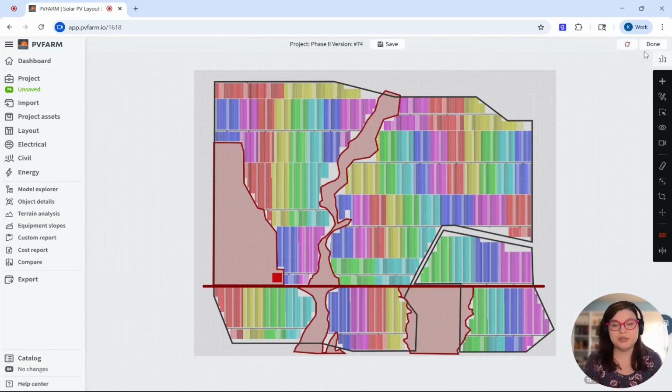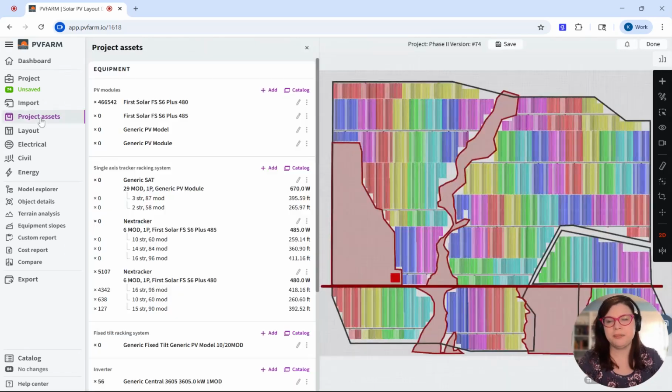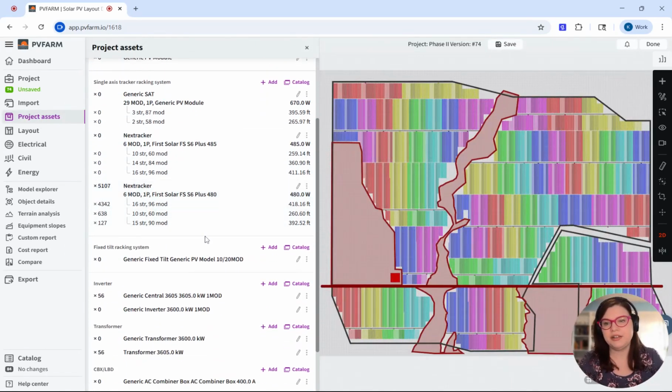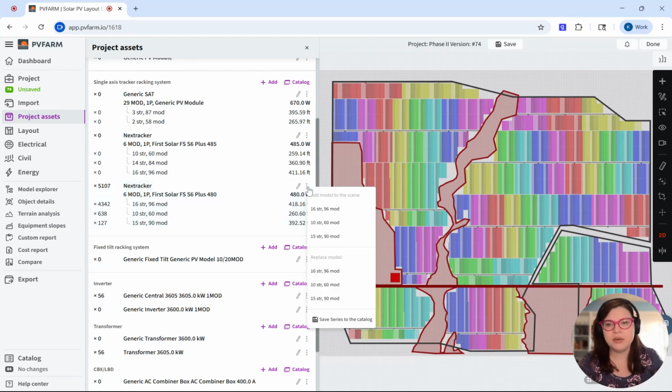Today I'd like to introduce you to a new feature in PVFARM that allows us to swap out our equipment in real time. If I come to my project assets, you're going to see the objects that have been loaded in. You see that I have generated using Nextracker with First Solar 480-watt modules, and I have a series with the different lengths here. So let's say I want to swap out